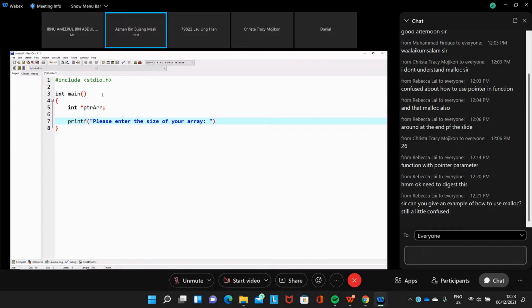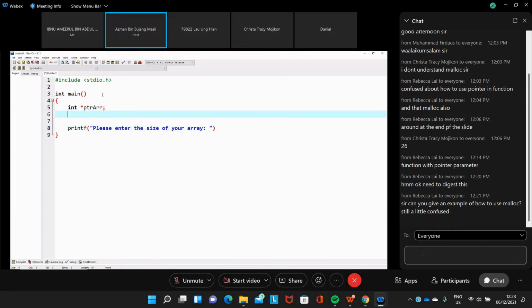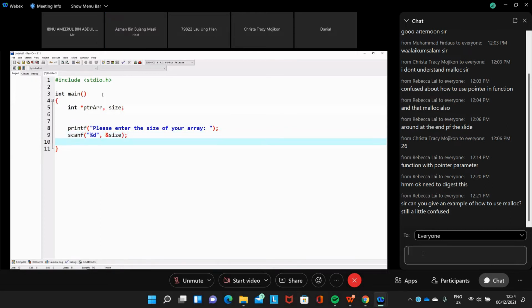The user will enter the size, so we need to get the size, so declare another variable here, size. So we get the size from the user.